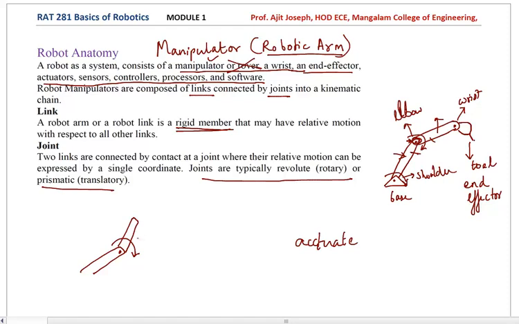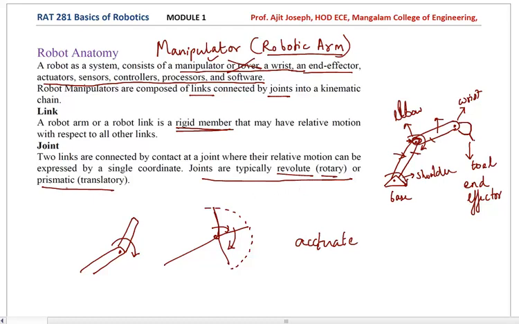And suppose this is a link and this is a joint. First it is here, when it moves in this direction, it may come here, and again it moves in this direction, it may come here. So like that you will see that this total thing moves in an angular fashion. That is a rotary joint, or simply called a revolute joint. So you must remember this word, revolute.